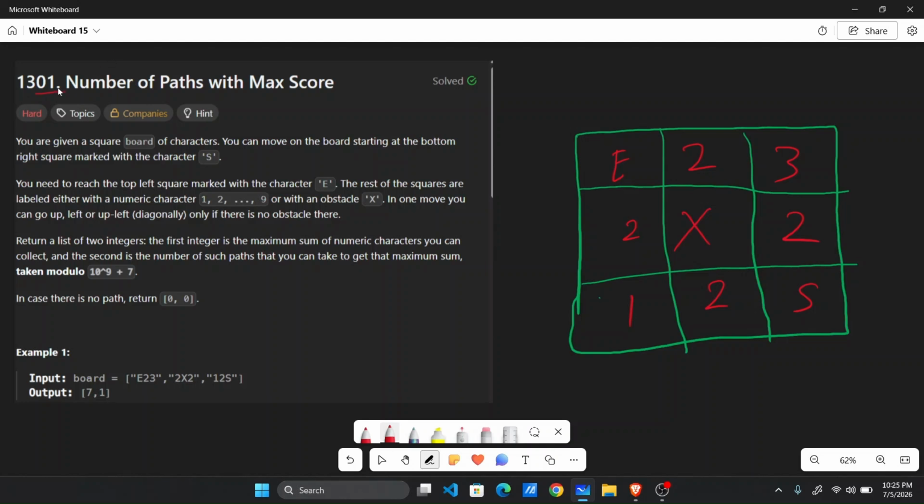Today we are going to discuss the problem 1301, that is number of paths with max score. So we are given a square board of characters, and the character is marked as S at the bottom